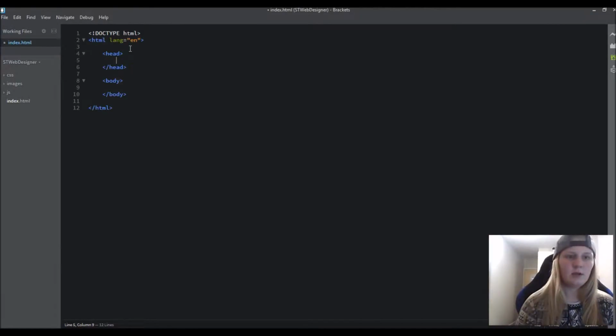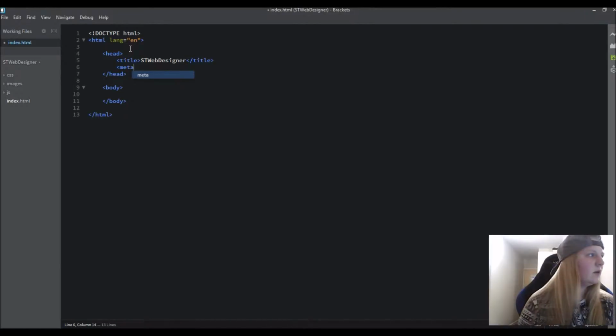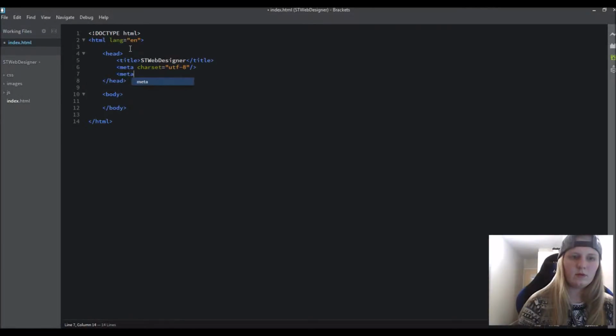So in the head, we're just going to have title, STWebDesigner. I'm going to have some meta stuff, so meta charset equals UTF-8. Then the meta HTTP